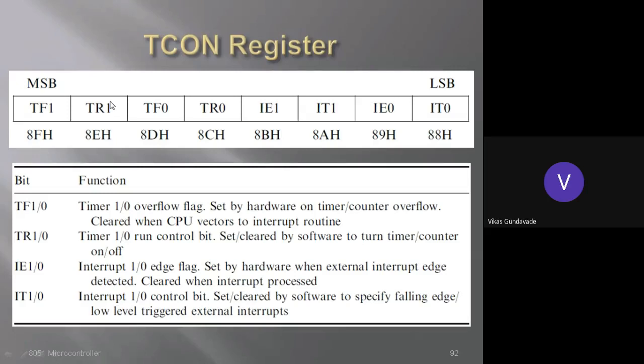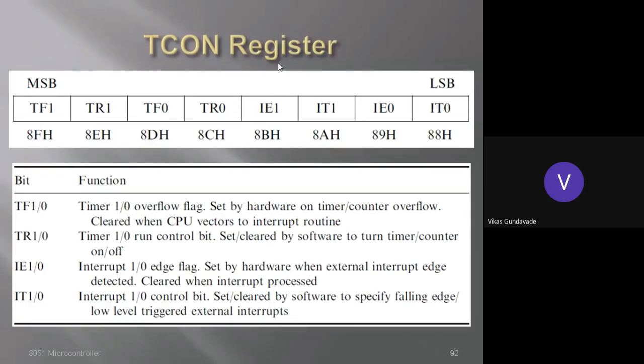Okay. The remaining 4 bits are for interrupts. So IE1 and IE0, these are external interrupts which are available in the microcontroller. We will see the details of these interrupts when we study the interrupt peripheral. But for the time being, keep in mind IE1 is external interrupt 1 and IE0 is external interrupt 0, and these are interrupt edge flags, set by the hardware or by external interrupt, as it is an external interrupt that will be set or cleared by the external pin.